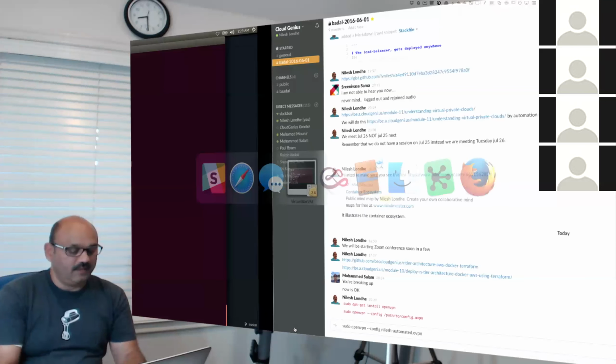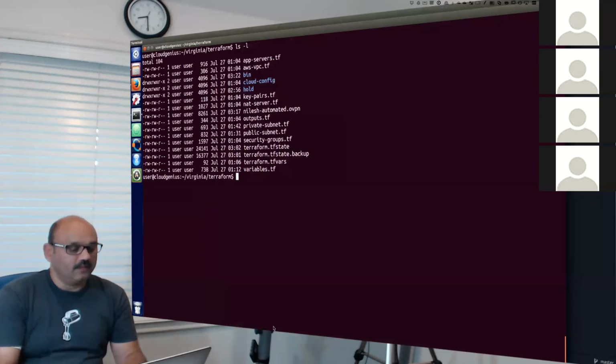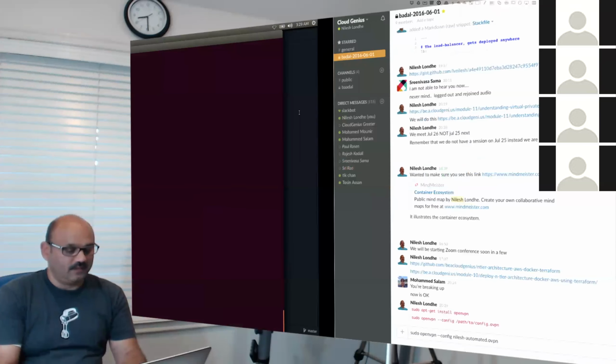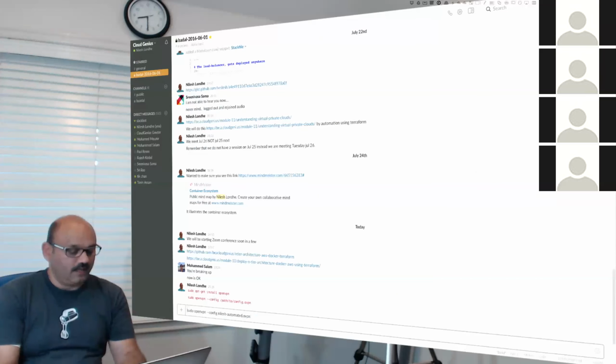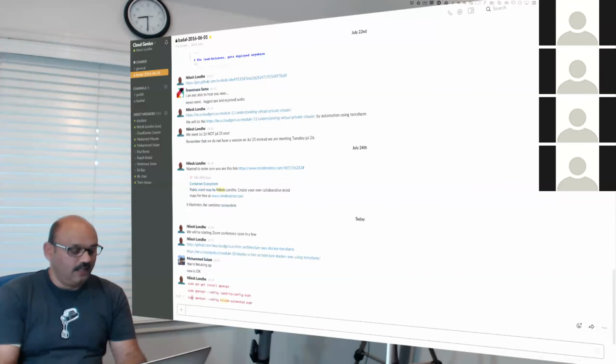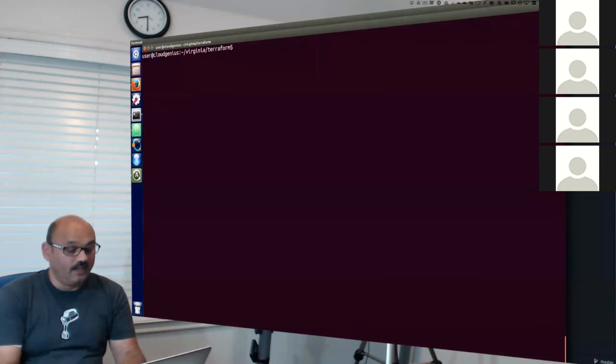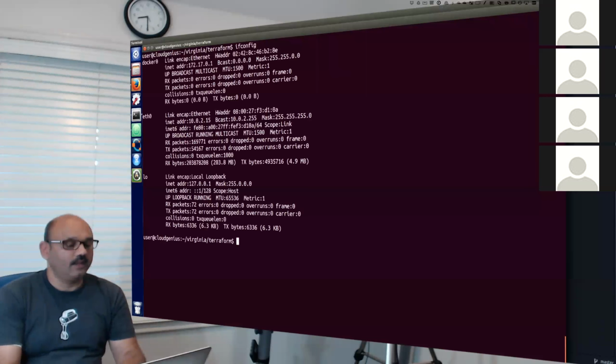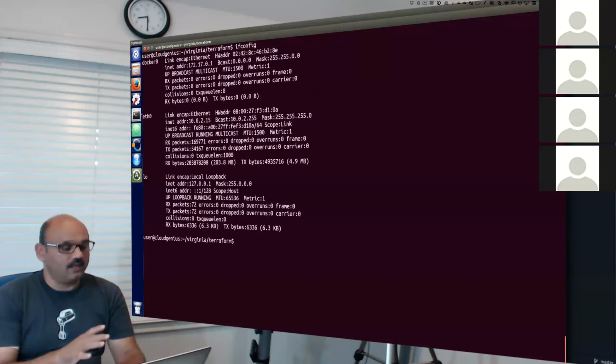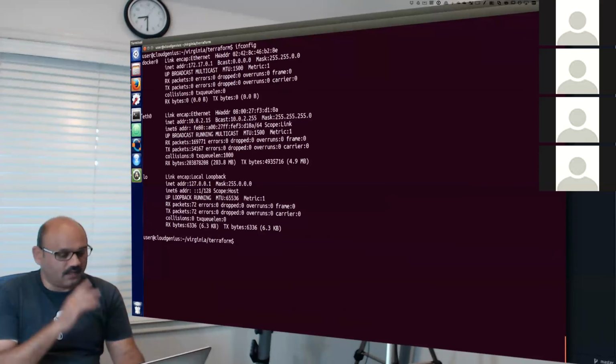Let me go cross check. And so the name is nilesh.automated VPN. This is my configuration stored. I need to use that configuration and run this command like this. And so I will take that command back here, and then first of all, check some IP configuration. So you see that I have a Docker IP address, an Ethernet 0, and a local network, 3 network adapters in my workstation right now.